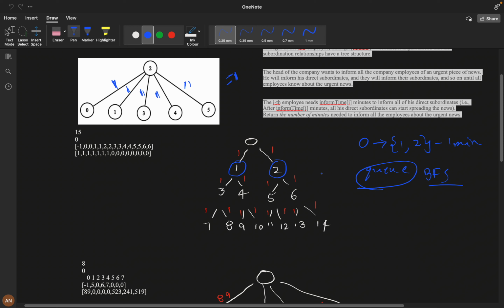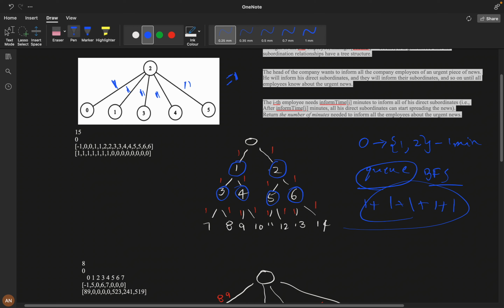If you use a queue, what will happen? It will take 1 plus 1, because for 1 it is taking 3 and 4, for 2 it is taking 5 and 6, and for 3 it is taking 7 and 8, and so on. In this way you will consider everything. So every time the news is spreading, it will wait, but we should not wait.